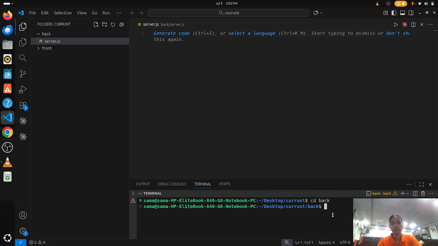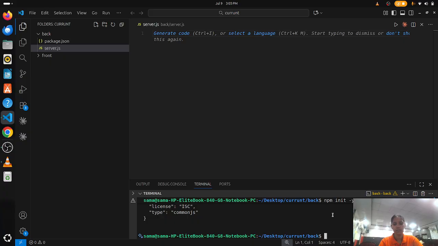The first installation step is npm init -y for the package.